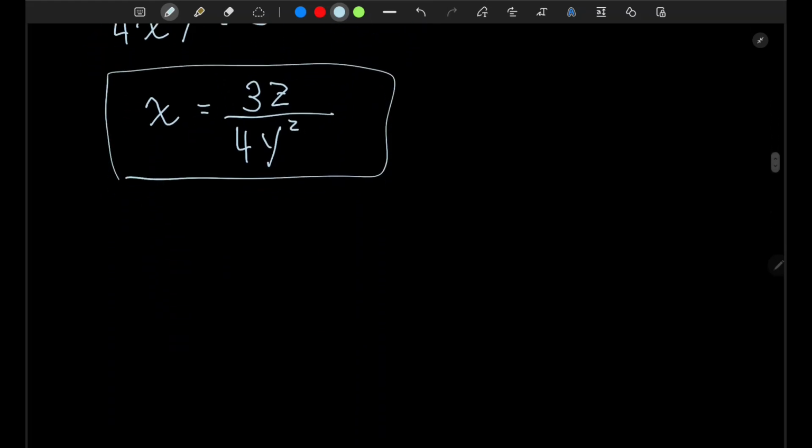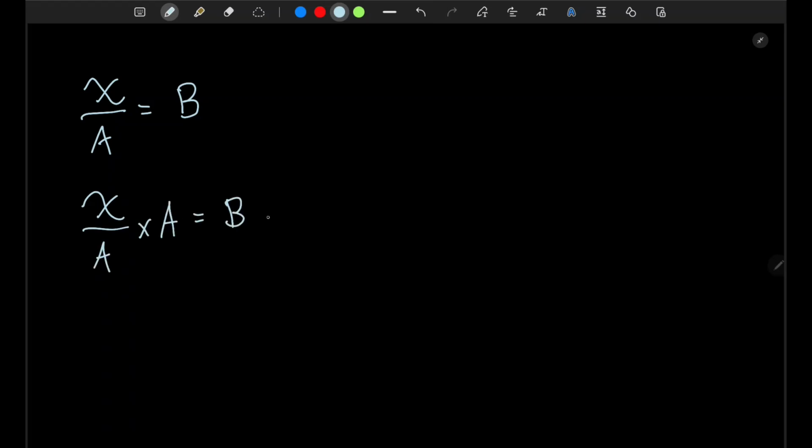And so the other way we can look at this, if we look at another simple equation, where let's say that we have x over a is equal to b. And so then we want to solve this. Same thing. How we would do this normally is that we multiply both sides by a, where the a's cancel on this side, they simplify to 1 again, and then we are left with x is equal to b multiplied by a. So what we did here is we just simply took this a and we pushed it up diagonally across the